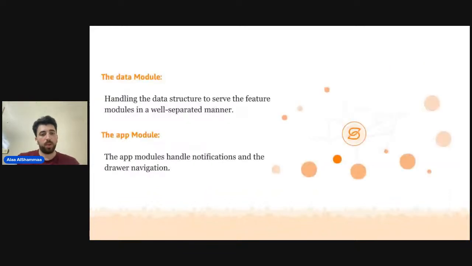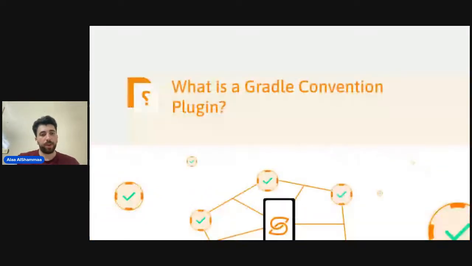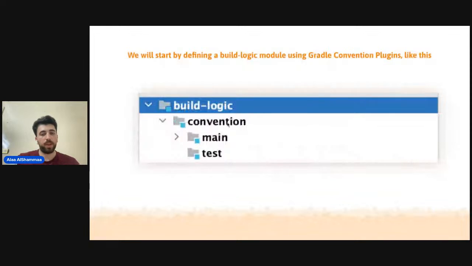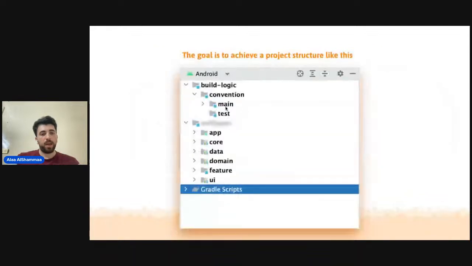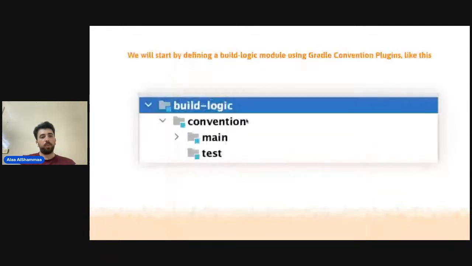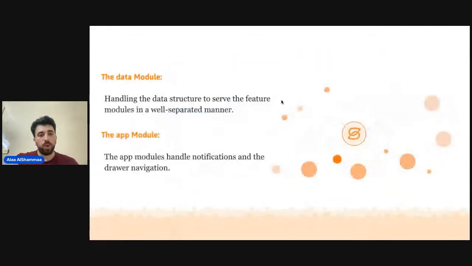So this is how we would set up the build logic module, have the convention, and have all the Gradle files inside of that module. Now, other than the build logic, here we have the data module and the app module. The data module will handle the data structure for every feature that we have. Every feature will have a well-separated data module that offers data for that specific data structure.